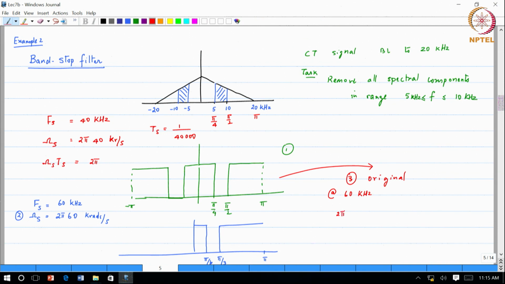So 2 pi in the discrete time domain corresponds to 60 kilohertz. Right, I am cutting off from pi by 2, pi by 2 corresponds to 15 kilohertz, pi by 4 will be 1/2 of that, 7.5 kilohertz. So if I had taken the original filter, the pass band up to pi by 4 and then another pass band from pi by 2 to pi, and sampled it at 60 kilohertz, I would have actually done a removal of a portion of the spectrum, but I would have removed a different portion of the